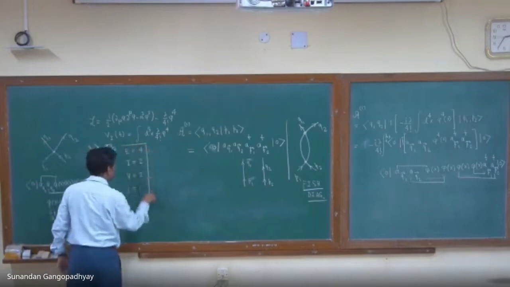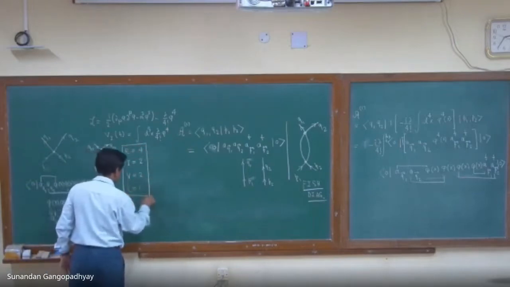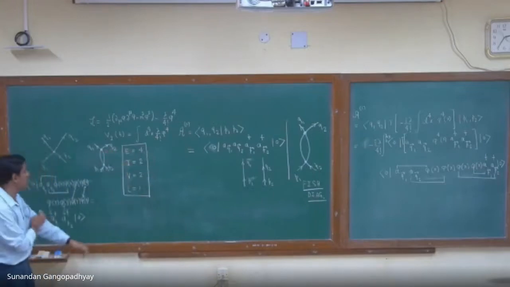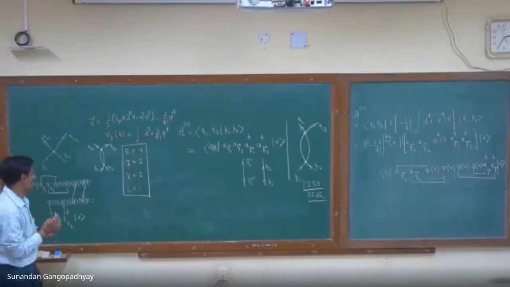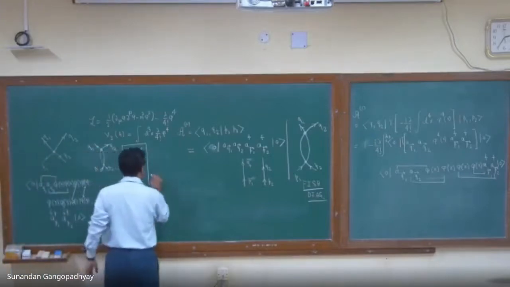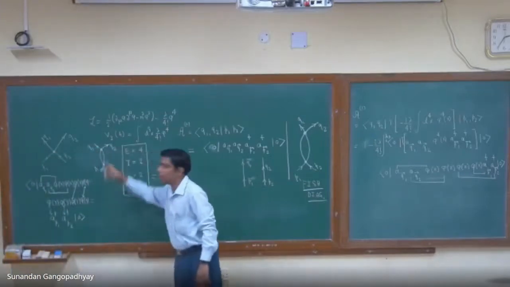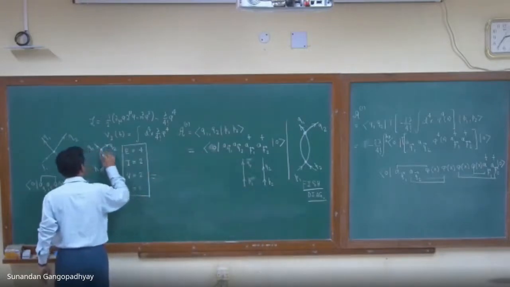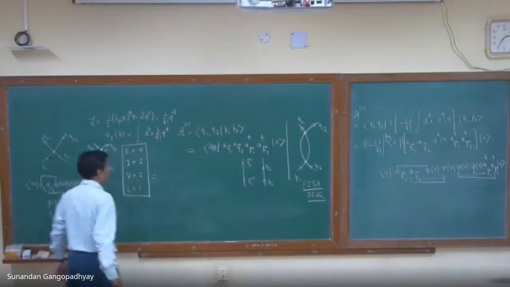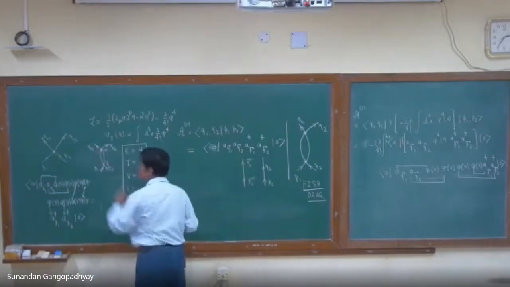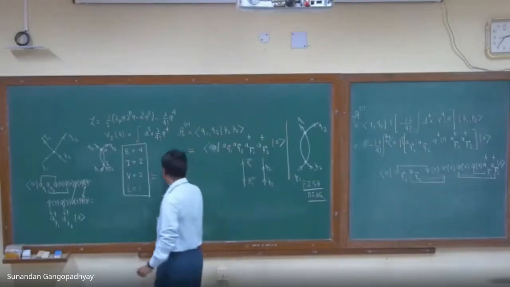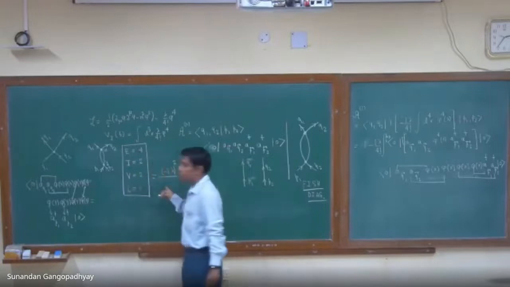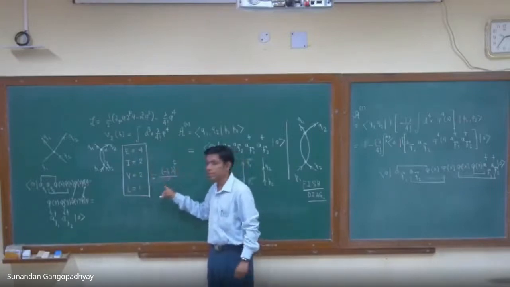So let us keep this in the background. These numbers will be important later. You will see why they are important. Okay. Now let us try to write down the expression for this diagram. So as you know, there are 2 vertices. Let me call this vertex as y, and let me call this vertex as w. So you know that for each vertex there is a factor of minus i lambda. So that will give us minus i lambda whole square by,